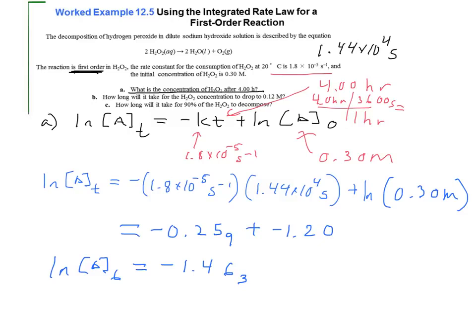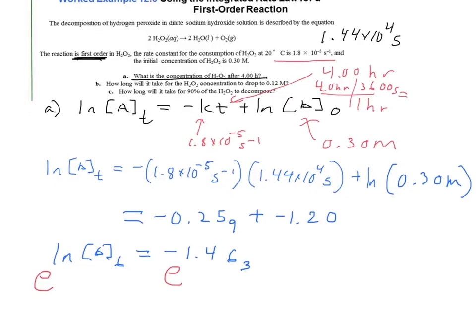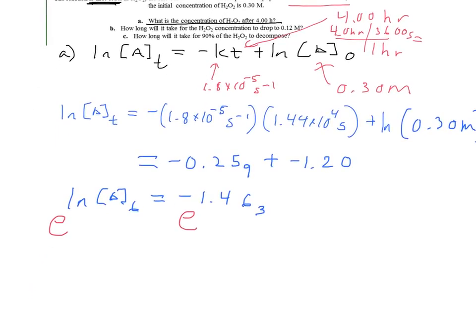Now I'm wanting A sub t, and A sub t is inside my natural log. So how am I getting rid of that natural log? I'm raising both sides to the e. If you're using the calculator I recommend, if you hit second natural log key, that will give you your e to the x function. So second e to the x, second answer, and that gives me